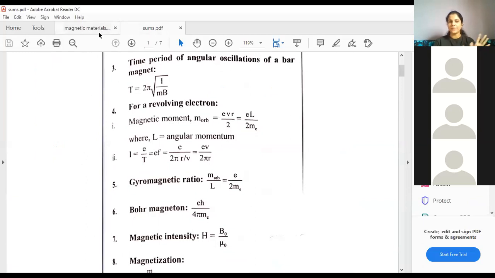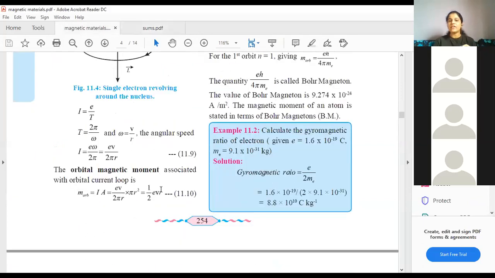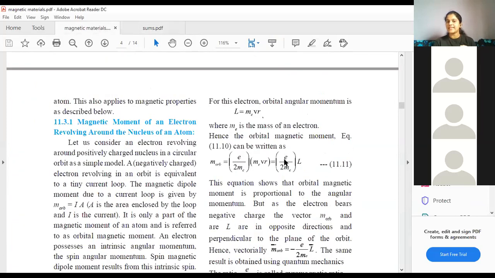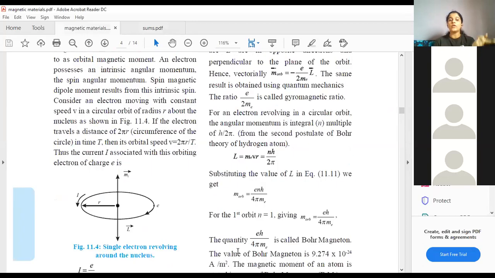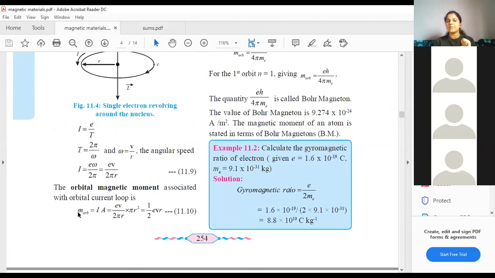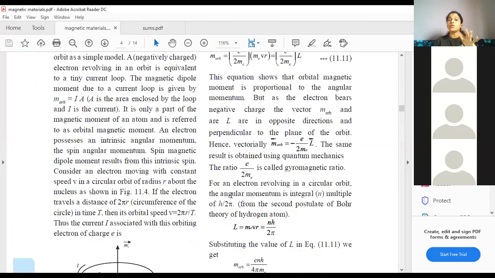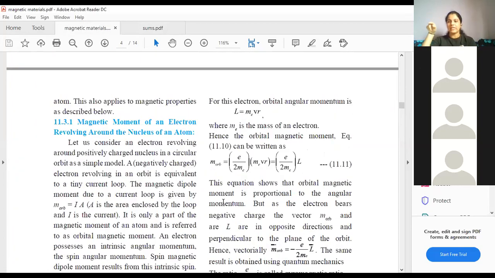Okay, fine. Just pay attention now. So this evr by 2, students, can be modified as eL by 2me. Me is the mass of the electron. Don't write simply m, because when you write simply m, you might get confused with magnetic dipole moment, because magnetic dipole moment is also indicated by small m, right? An orbital magnetic dipole moment is indicated by m with subscript orb, indicating it is the orbital magnetic moment. So when you are writing mass, see to it that you write me, so you understand it is the mass of the electron.